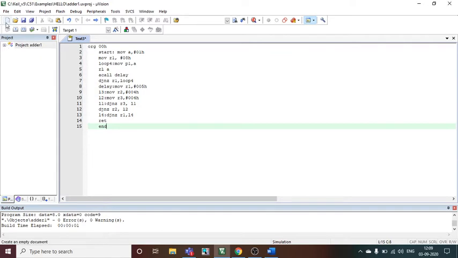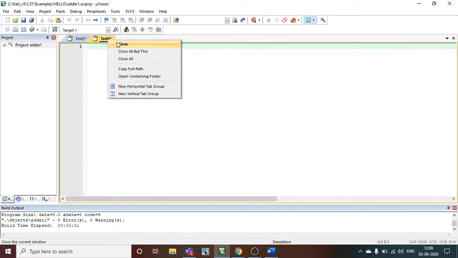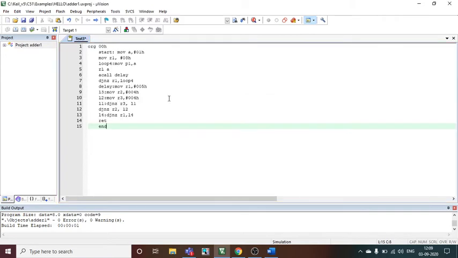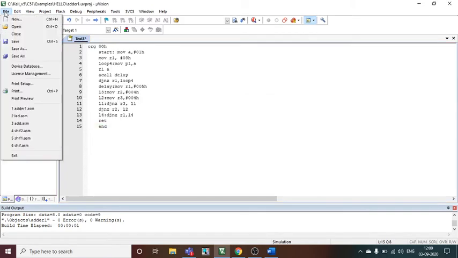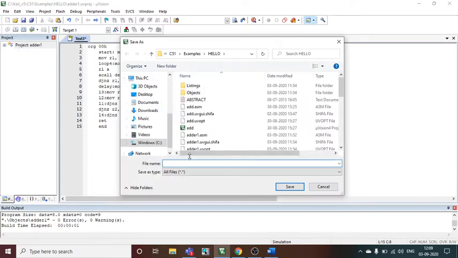This is a brief explanation of the program which I could give. Now we have to save this program first of all. So I will be using Save As, and I can name it rotate, or something else, whatever I want.